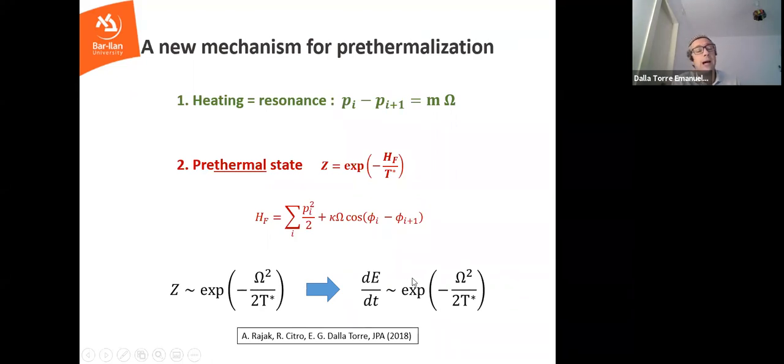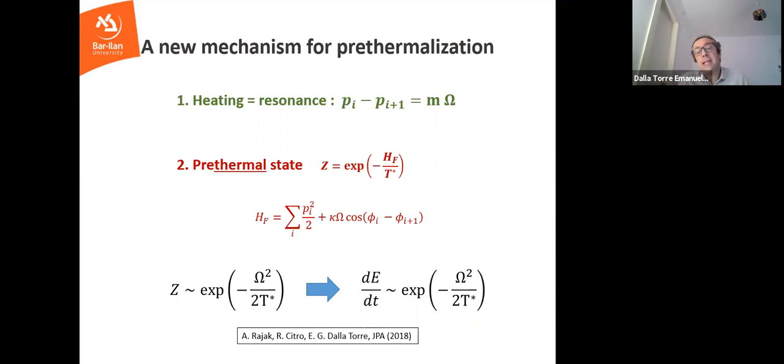So the mechanism that we are proposing here is based on the temperature of the prethermal state. If the temperature of the prethermal state is small, then the rotors oscillate slowly. It's very hard to find a rotor that oscillates very fast. Hence, the energy absorption is suppressed. Hence, the temperature doesn't change because no energy is absorbed. And you see, there is a feedback argument, a self-consistent argument where you say, let's assume that the temperature is small. Then I see that the energy is not absorbed. And then I understand that the temperature keeps being small.